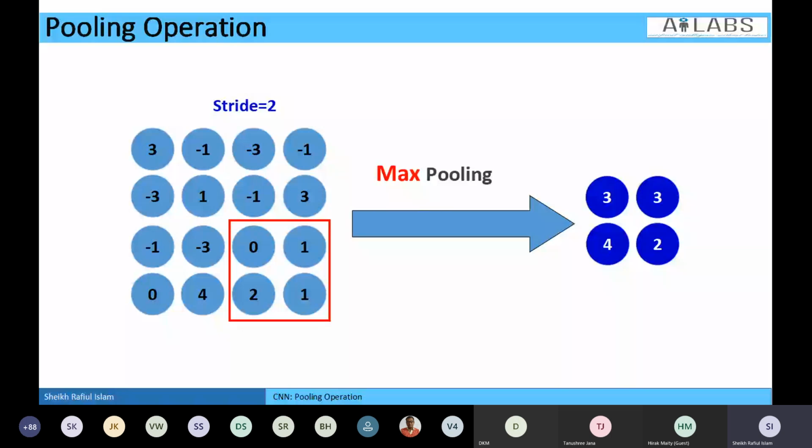Now, why will we use max pooling? Assume that we have an input image and there is some curve-like structure, and the kernel we are using there for convolution will try to learn the curve nature.